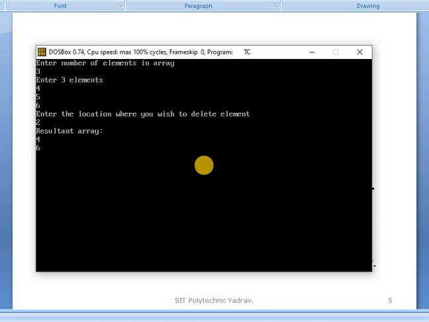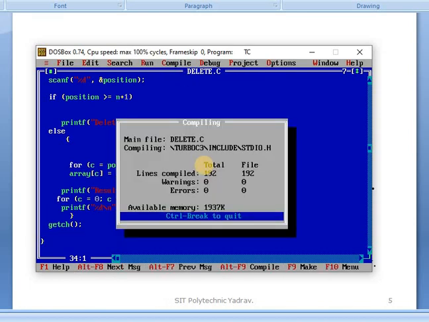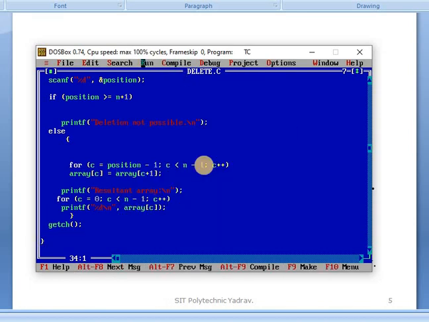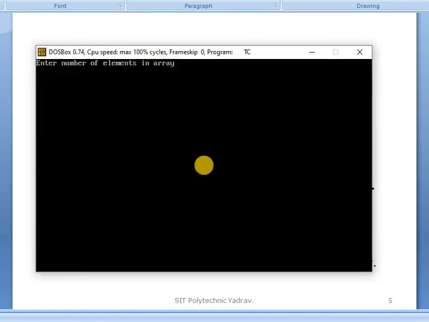Now, when the position we give is greater than n, how do we get the output? Now see it: compile it, after that run it. For example, we give 3 elements: 6, 7, 8.